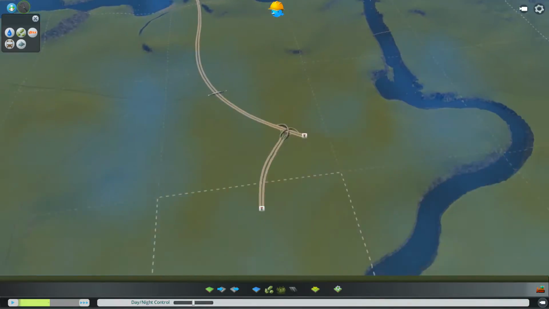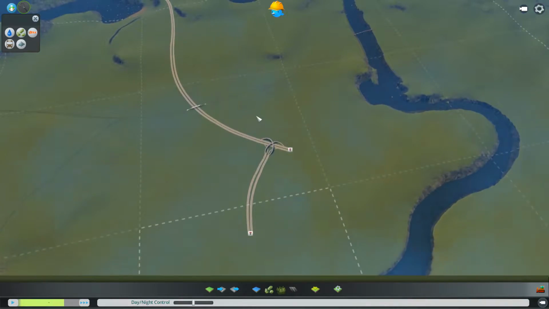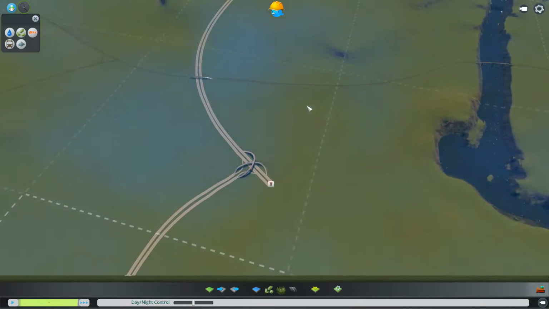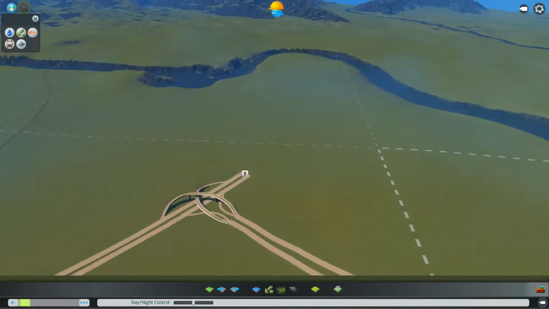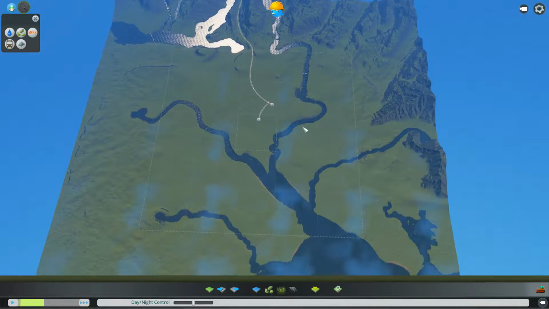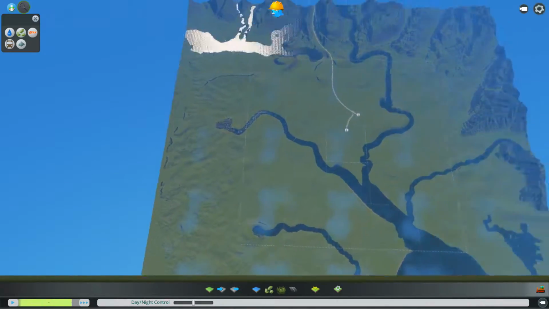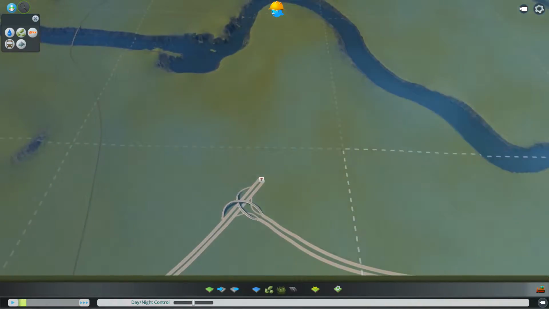roads. Now, I know building roads is going to take some time and a lot of fiddling about, so there's probably going to be a lot of time lapsing in this video, and maybe I might edit out some of the longer pieces. Now what I'm going to do is make a connection out this way, just following the flow of the map, maybe one out this way, across here somewhere, and then we'll see where it goes from there. So we're going to start off by just laying out the main